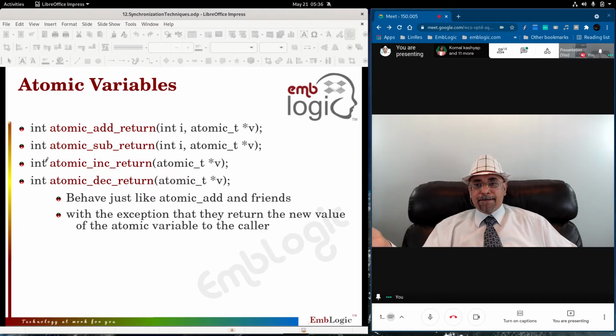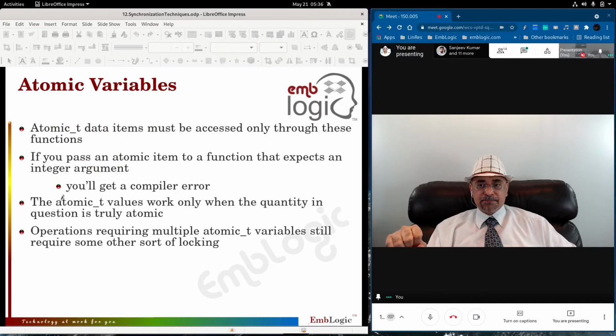These are just like atomic add and friends, with the exception that they return the new value of the atomic variable rather than true or false. After adding I to v, v will be updated and the updated value of v will be returned back. So these four operations also work atomically.